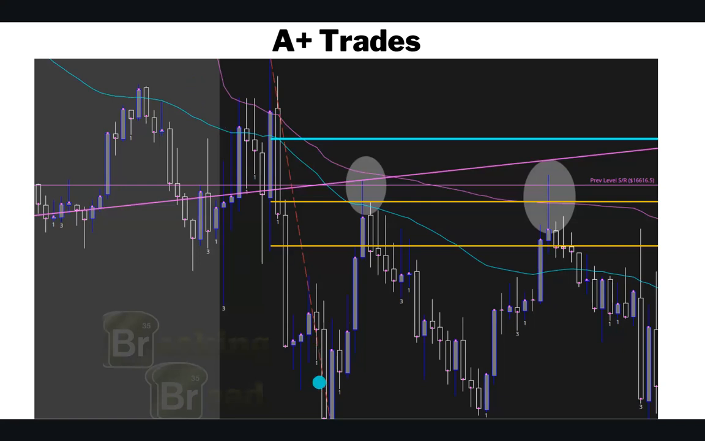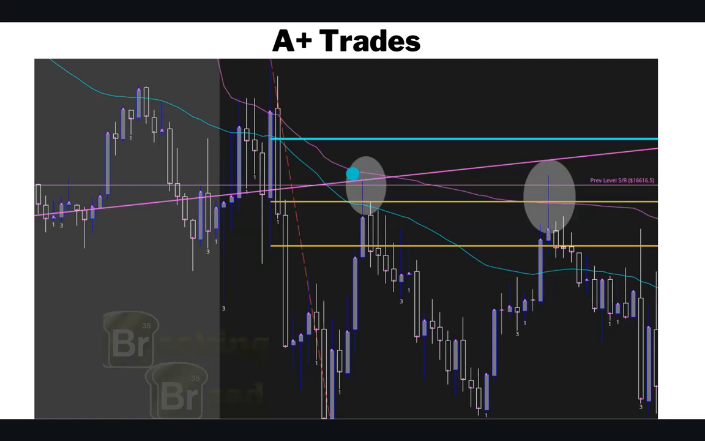The sellers are clearly in control based off this pullback. So that's the highest high, lowest low. We're watching what price does here to the right. As you can see, price came up to our 61.8. This blue line is our VWAP. This purple line is our SMA, our